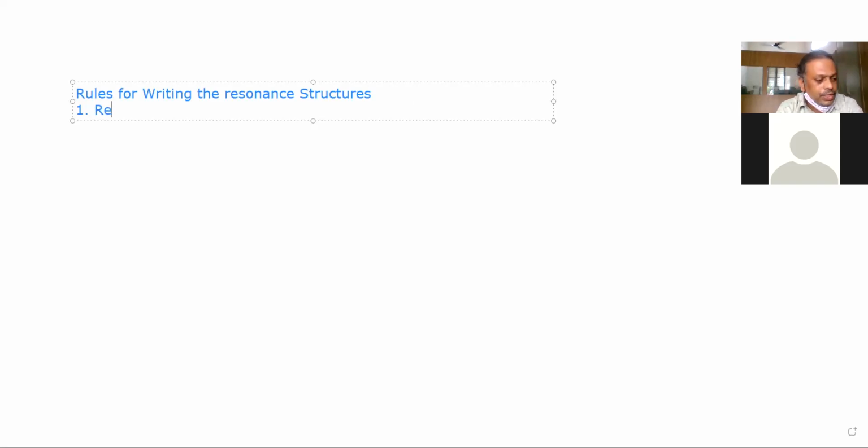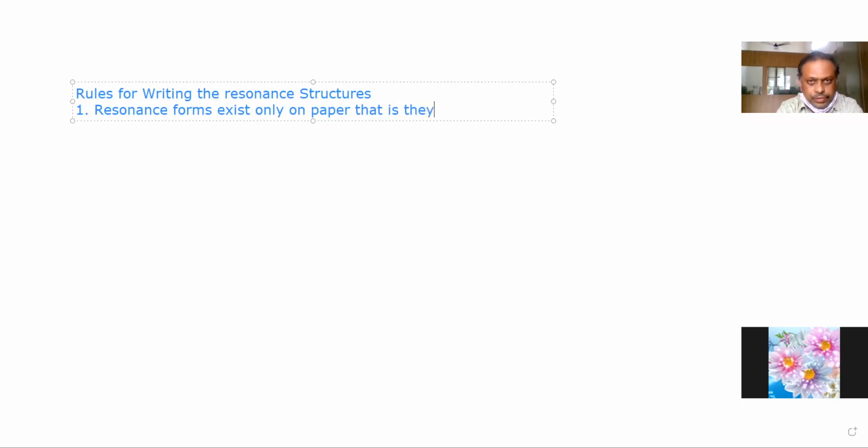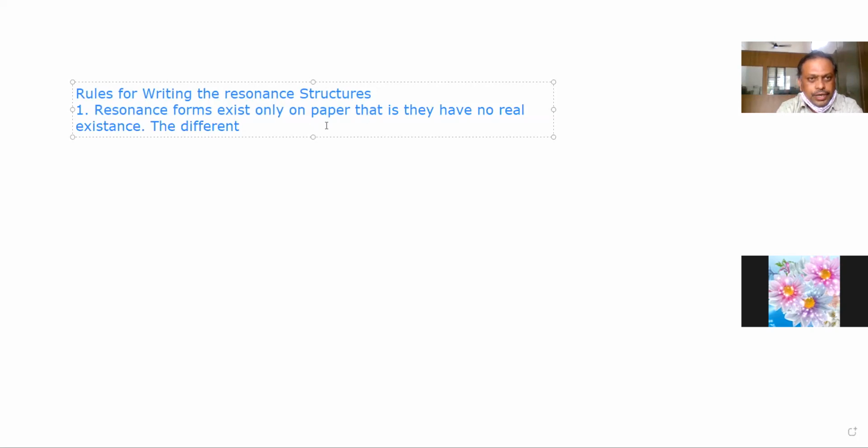Resonance forms exist only on paper. That is, they have no real existence. The different resonance structures